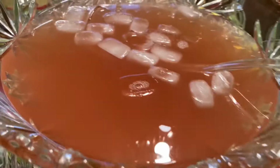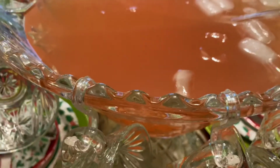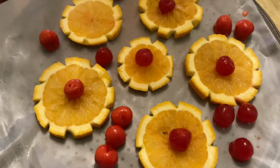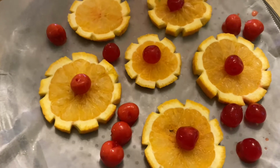I did think it was a nice mixture with the pink grapefruit, and I don't even like grapefruit. So I was worried I wasn't going to like this, but I did end up really liking it. And yeah, I guess you don't have to add alcohol, but anyway,